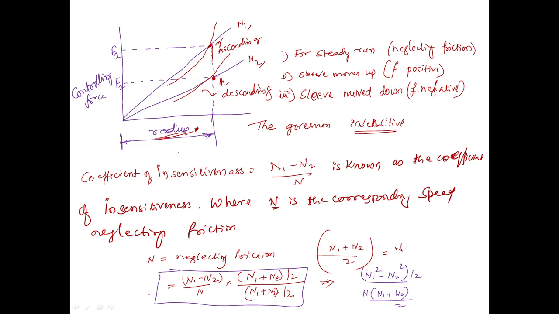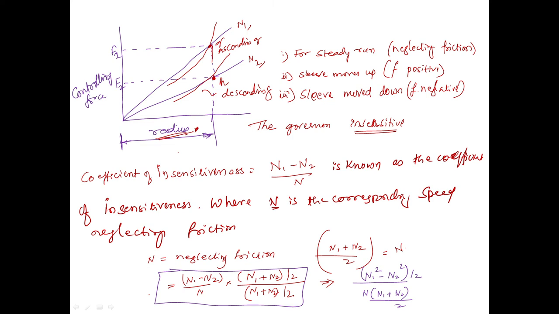When the speed decreases, it automatically needs to increase its speed, so there might be a change in speed for a constant radius. It might not be a big speed change, maybe 3 or 4 revolutions per minute, or maybe 10 revolutions per minute. Again, it all depends on the coefficient of insensitiveness, that is the c value. It is based on the c value.